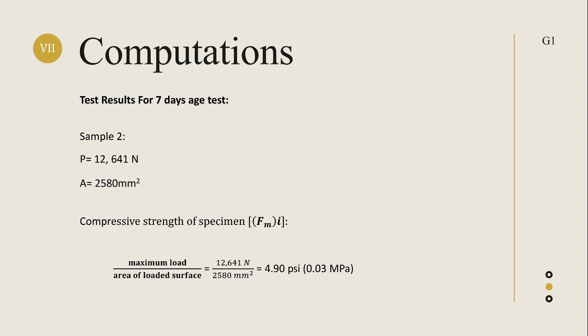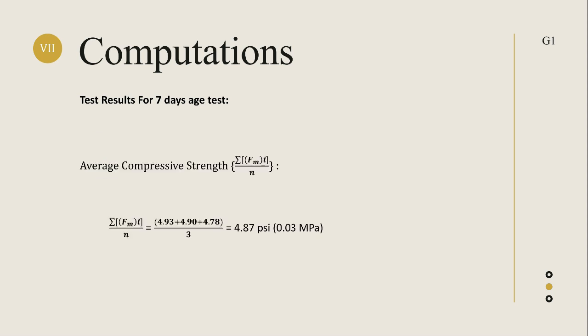For sample 2, 12,641 newtons over 2,580 square millimeter, we get the value of 4.90 psi. And in sample 3, 12,327 newtons over 2,580 square millimeter, we get the value of 4.78 psi. To get the average compressive strength,